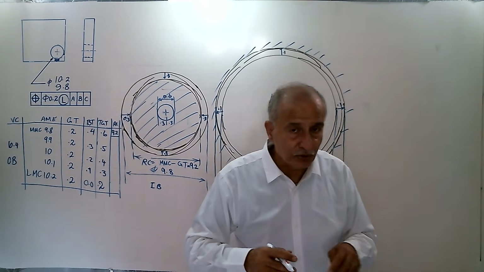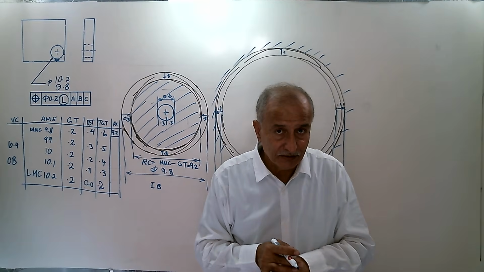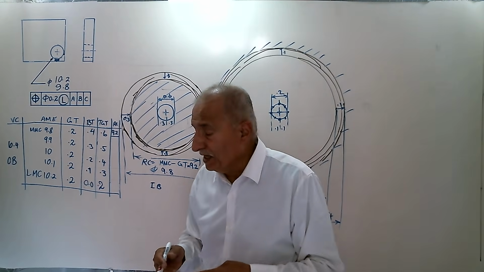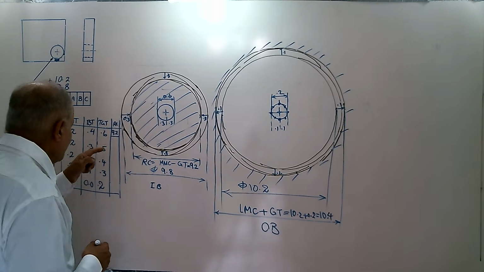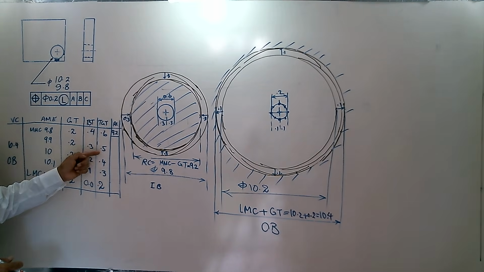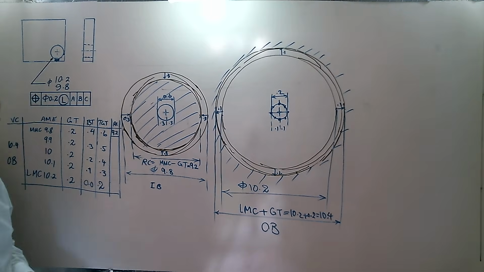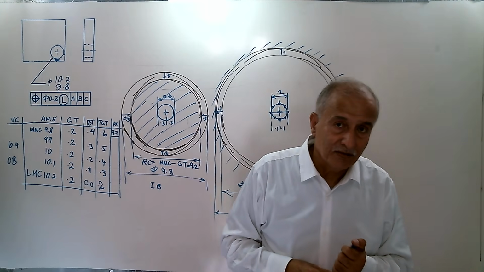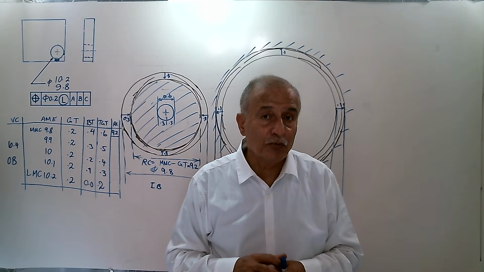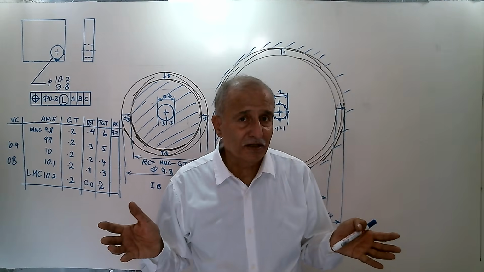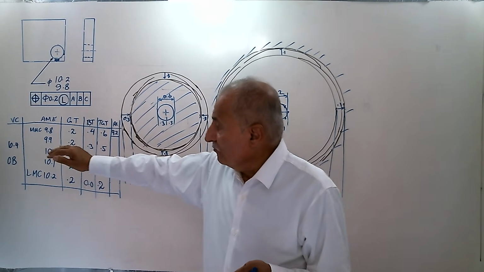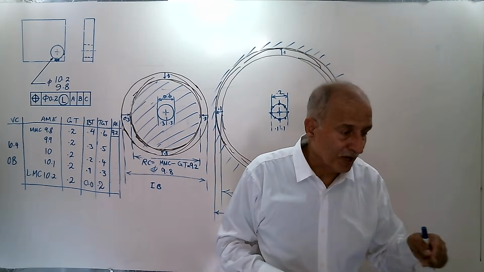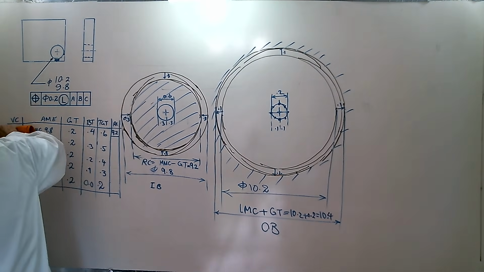That's a difference. 9.2 is only for MMC size. If your size is different, RC resultant condition, if the size is 9.9, then you have 0.5, which will be here: 9.9 minus 0.5 is 9.4, not 9.2, the resultant condition. But we consider the minimum one. Why? We consider the minimum one because we wanted the inner boundary. The others are okay, as long as the inner boundary and virtual conditions solve our